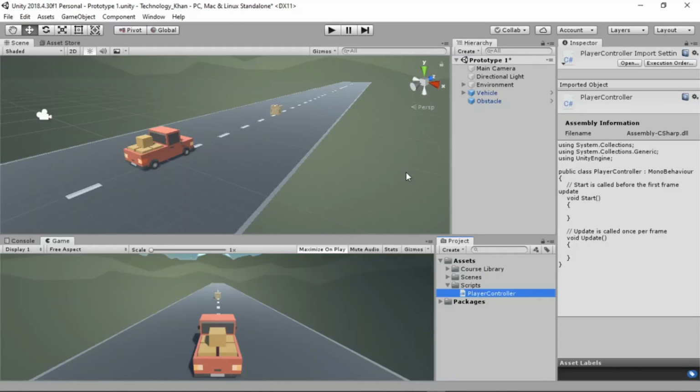We have created a script and also added it to the vehicle as a component. Now we are actually going to get familiar with our script and the structure of it before we write any of our code inside of it. So make sure that in your asset folder you have it expanded and then you open up your script folder